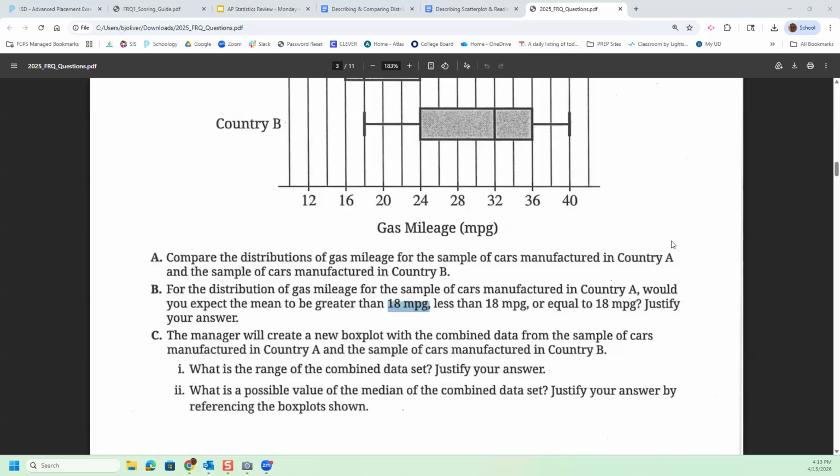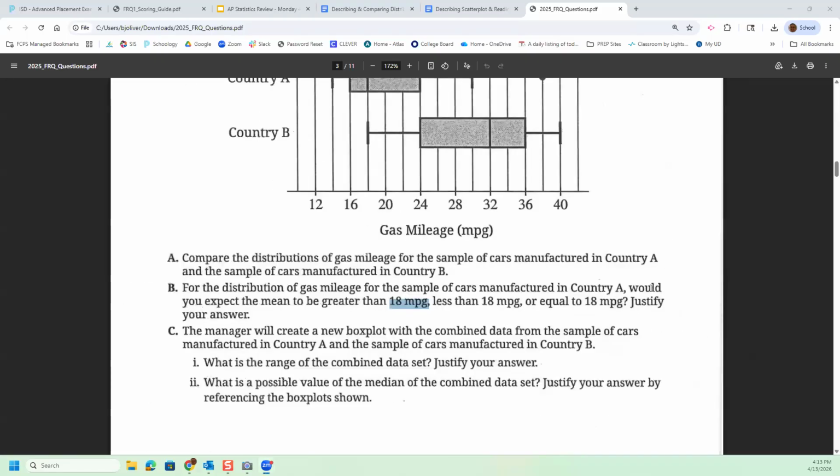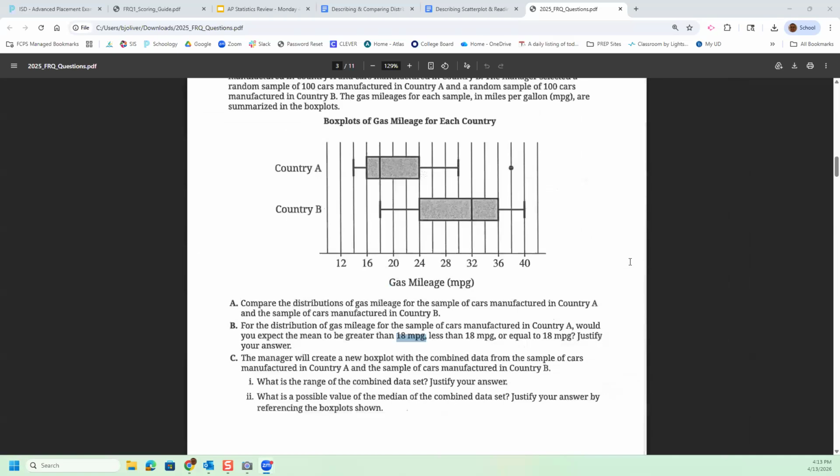Bring this down here to the bottom and make this a little bit smaller. Okay, so now I want to roll everything together into one distribution. So what I mean is this question says, I want to do country A and country B and mash them together. And then it says, what is the range of the combined data set? Well, I'm hoping y'all remember with range. Range is biggest number minus littlest number. Well, when I combine these two distributions,